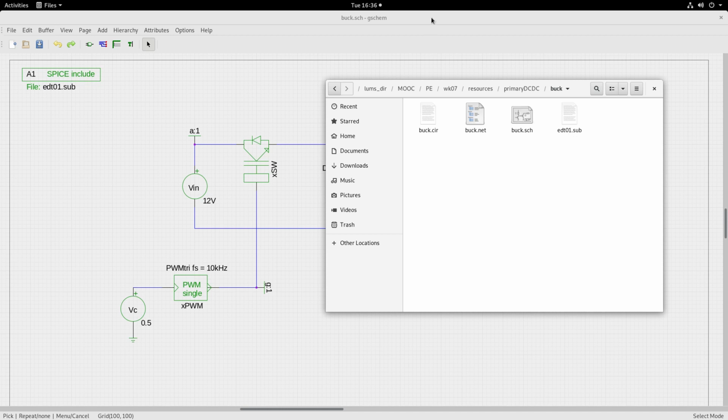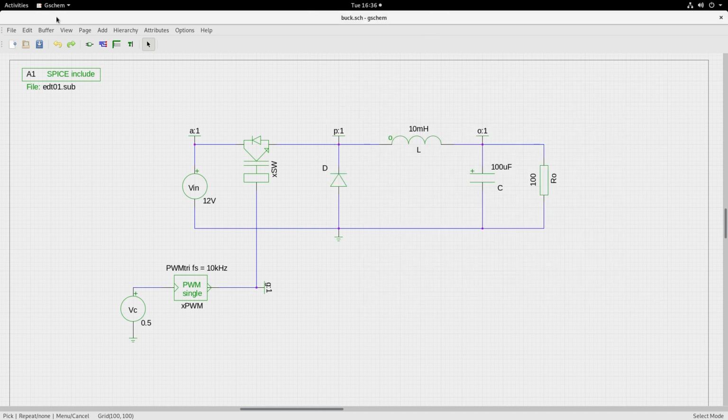Now, when I open the schematic file, you will see buck.sh, and this is the circuit. You see that I have here a semiconductor switch, a controlled semiconductor switch like a BJT or an IGBT. It's a generic switch, a VIN, a diode here, L, inductor, capacitor, and R0.